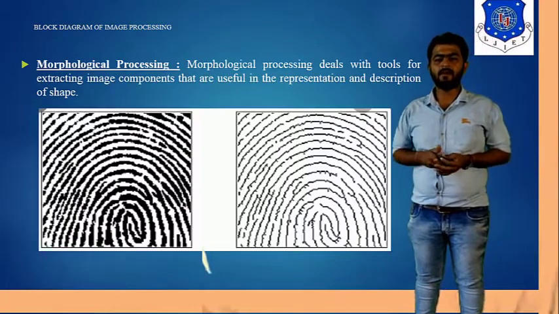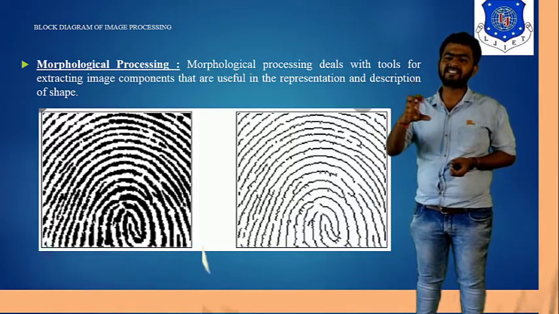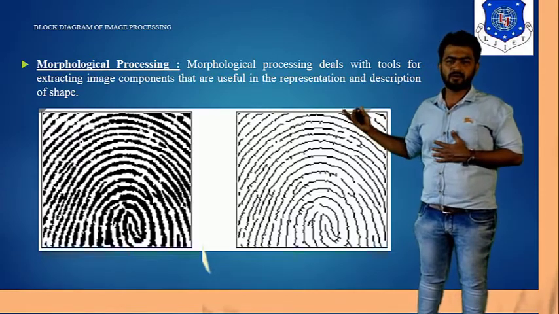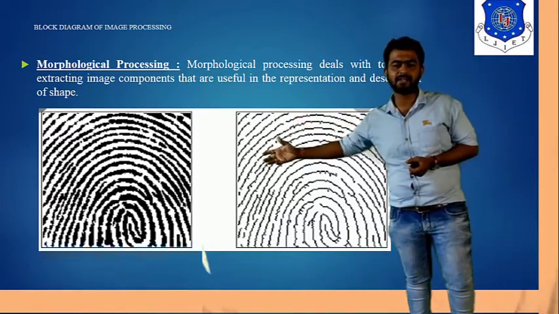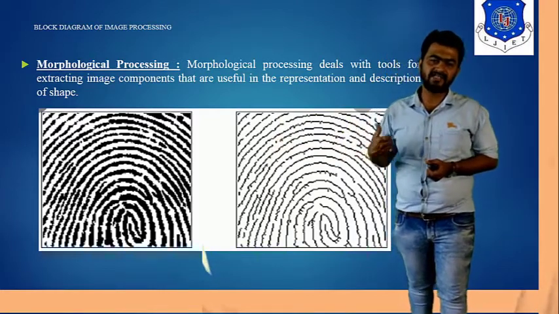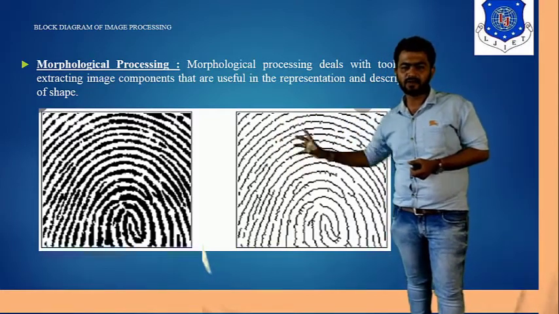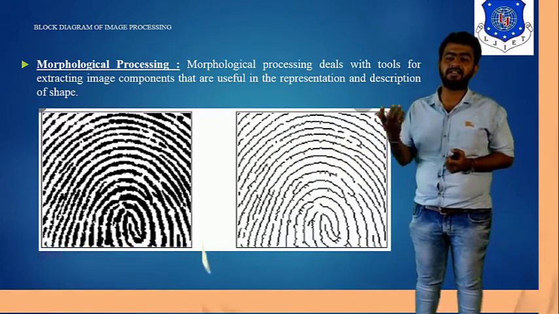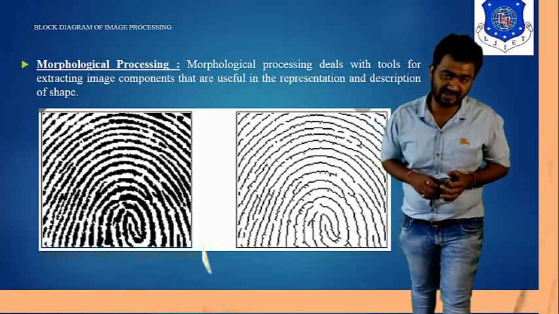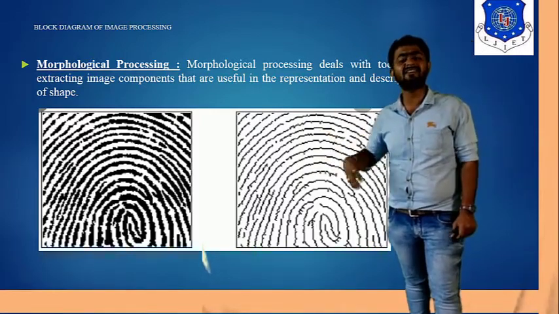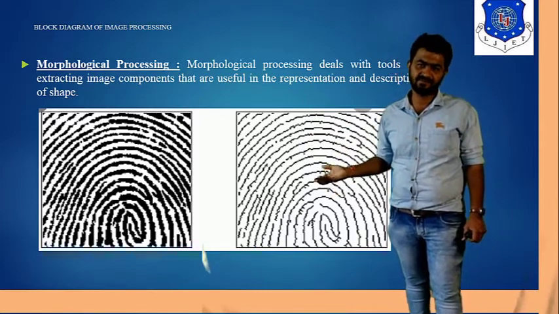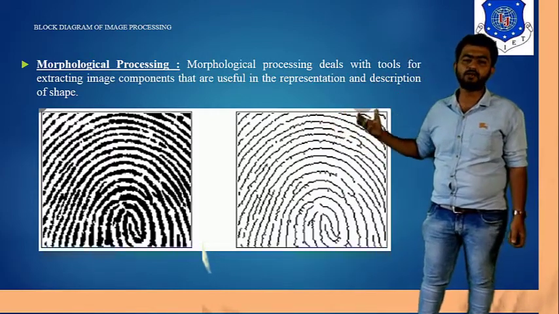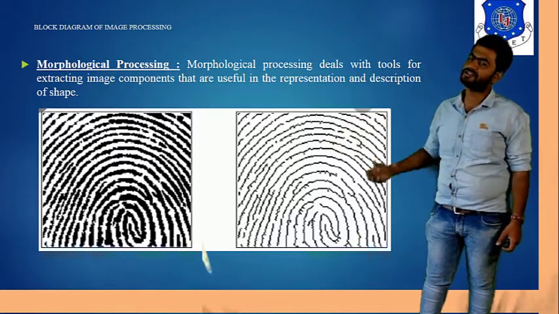Morphological image processing, as I already told you, is used to extract the meaningful content and to remove the redundant or unnecessary content. Fine. So for the morphological operation, you can see a very basic example here. You can see your thumb fingerprint, and it is very distorted. When you apply morphological image processing, you can see very sharp edges. So you can clearly differentiate fingerprint images with the help of morphological processing. Here we have only one example, but there are a number of examples. Morphological image processing is the tool for extracting image components that are useful in the representation and description of shape.